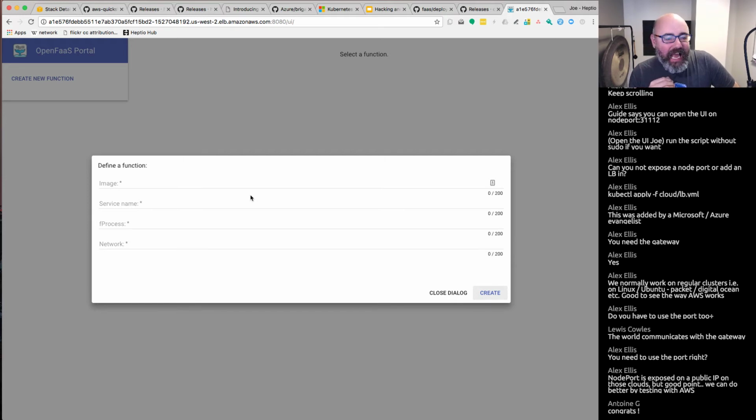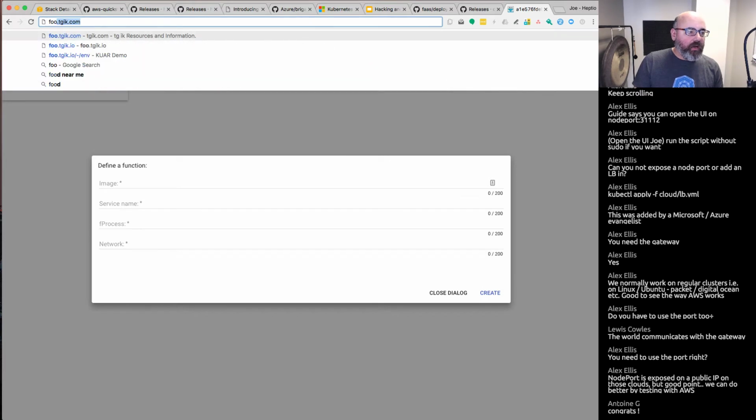The one thing is that some semblance of security out the gate here, even if it's just some sort of randomly generated token, would make me feel a lot better. Having this stuff open to the world by default is a little bit scary, especially when you're using the same gateway on the same port for both the UI and the functions that you're going to call, which means that, if I'm not wrong, anybody who has access to any of your functions can install or remove or manage any functions. So that seems to be,